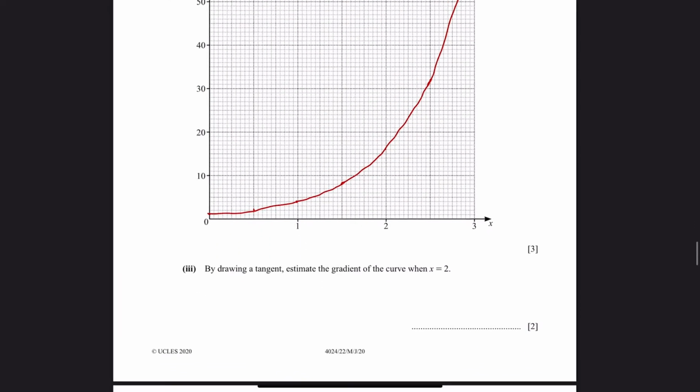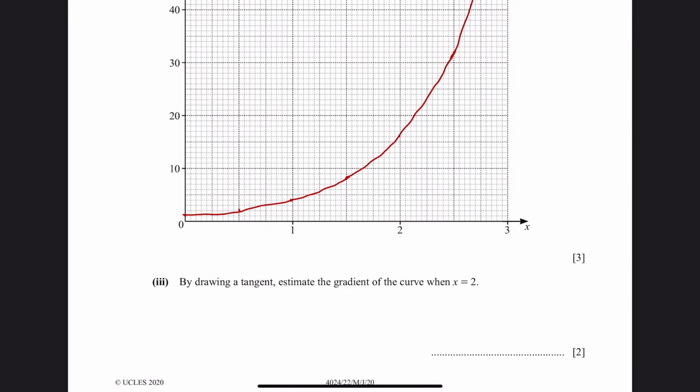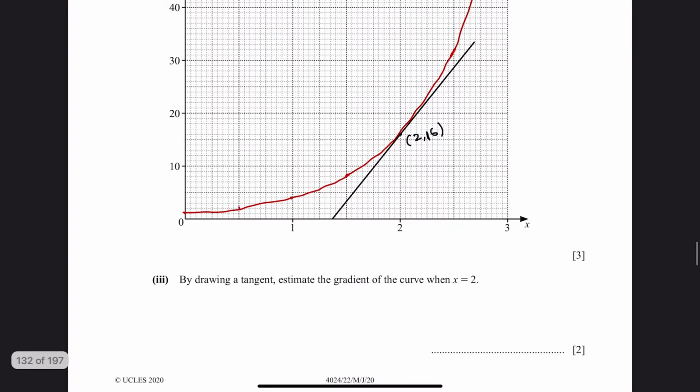Okay, by drawing a tangent, estimate the gradient of the curve when x equals 2. So I drew this line. This coordinate is (2, 16). And let's look for one more, something that I could easily read. I think this is close to